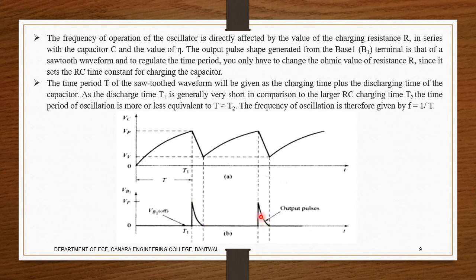This is the output pulse that will be provided to the SCR to turn it on. This has been generated by the relaxation oscillator functioning, and it will be given to the SCR to turn it on. This is the second functioning here. So T1 and T2 here. So how can this be varied? With the help of R and C.